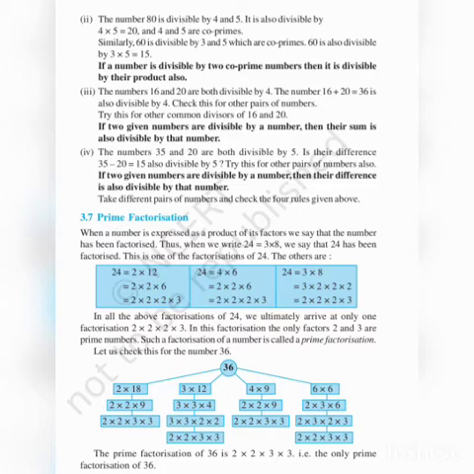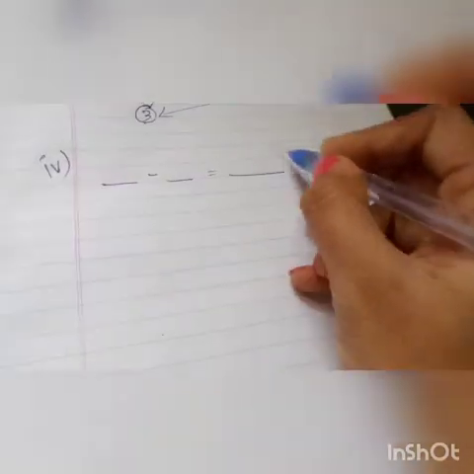So shall we do it by example and find the answer? Okay, children? Now I am going to give you an example for the fourth rule. What is the fourth rule? If two numbers are divisible by a number, and we take their difference, I will get one answer, and that value is also divisible by that number. Okay, now shall we start?